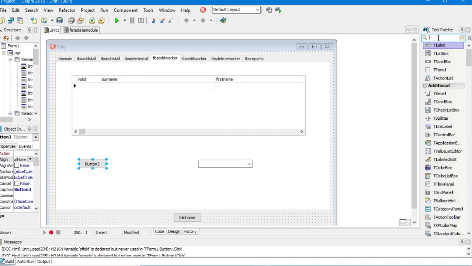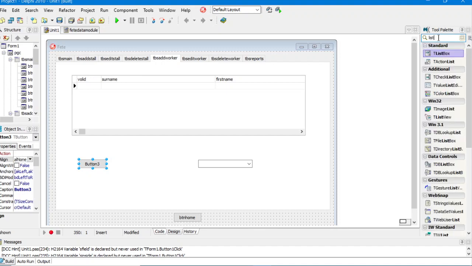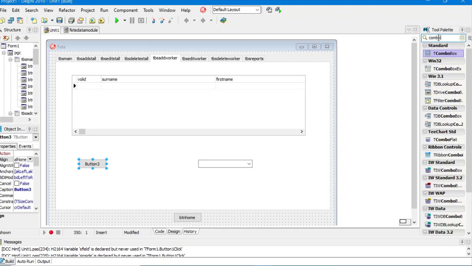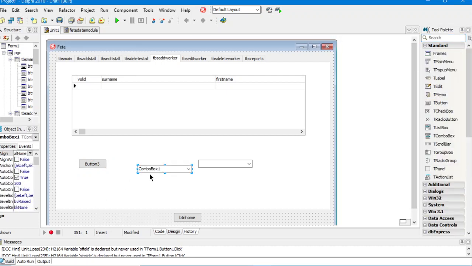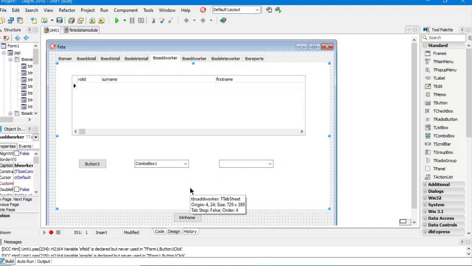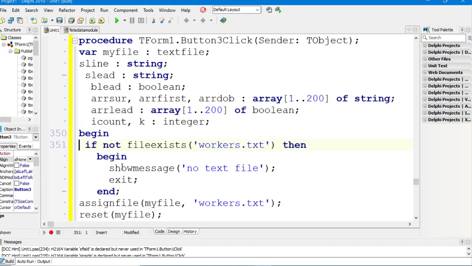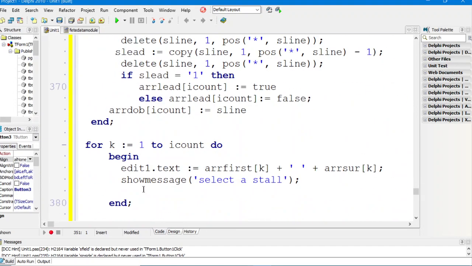I'm going to rather use a list box or combo box. We can use a combo box. So we're going to fill this combo box with the names of the people, and then we're going to choose a corresponding stall, and then we'll click the thing. Now, of course, when we choose the person's name from the combo box, we're going to fill the combo box up with the items. So it'll be combo box 1